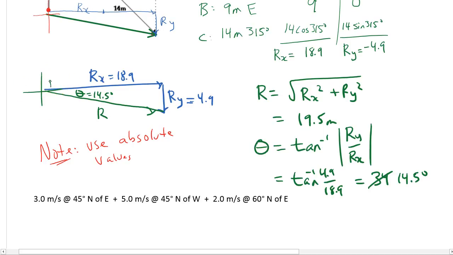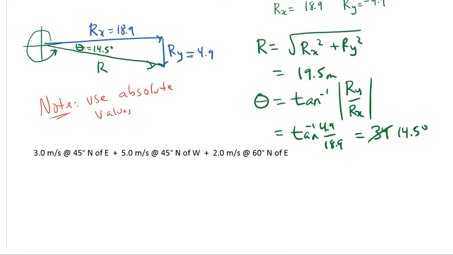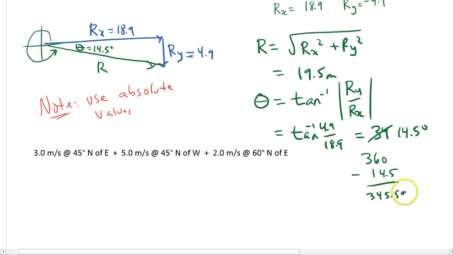So if I go all the way around like this, in this case, my direction counterclockwise from east will be 360 minus 14.5. Right, so that would give me 345.5 degrees. So my final answer here will be 19.5 meters